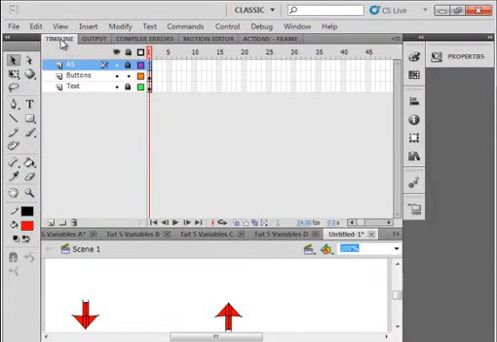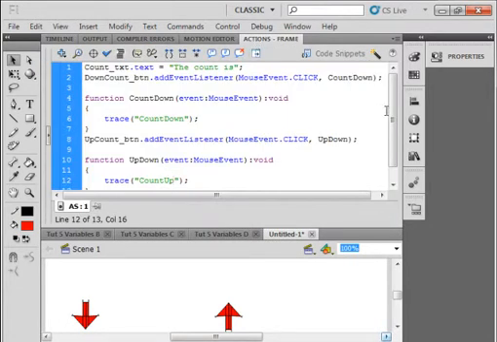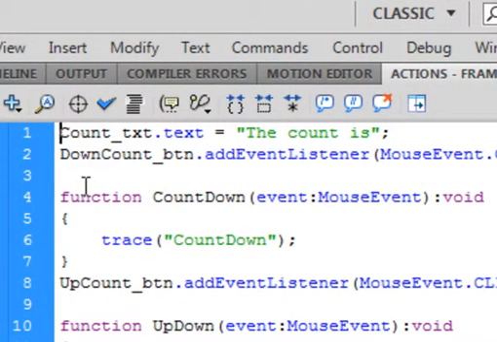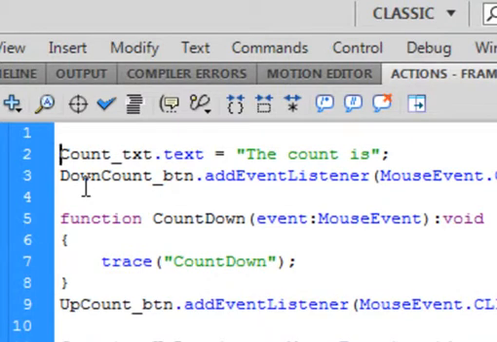Back to the main timeline, open the Actions panel, select frame 1, open it, and I want to introduce a variable now. So select the very top corner, put an enter in, use your arrow key to go up, and we're going to make a variable, VAR. It'll be a purplish color. That's just telling the computer this is going to be a place where we're going to store information, and it's going to be called value,